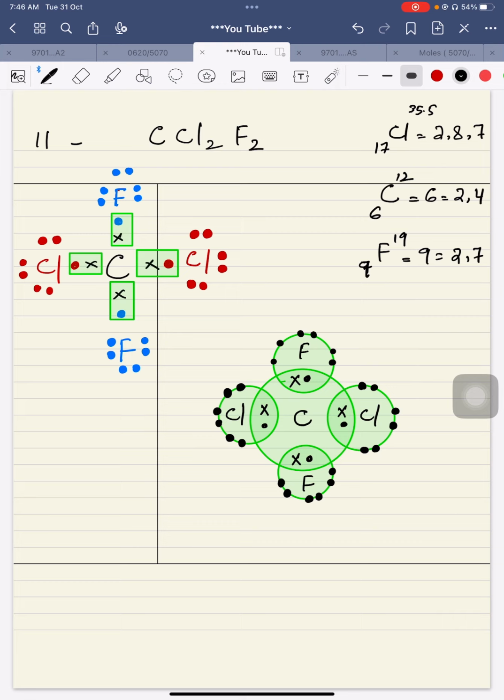Now we can say what will be the final diagram. It is chlorine on one side of carbon, chlorine on the other side of carbon. I should draw it the same way as we are drawing it in the next one. If you change the pattern, it can create confusion. Otherwise, there is no problem. So you can write this and this. So this is how we are going to draw the structure of